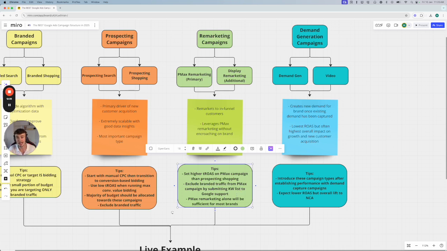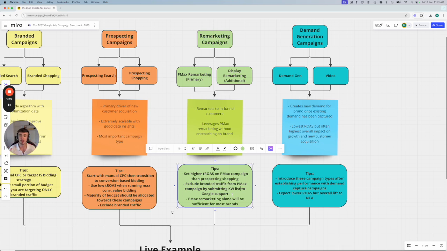All you have to do is create a negative keyword list. So you go into your tools, shared assets on the Google Ads dashboard, and create a negative keyword list. And once you have that list of negative keywords, you want to go to a Google form, which I'll try and link below in the description for you. It's a form where you can reach out to Google and ask for them to apply a negative keyword list to your PMAX campaign. You apply that branded negative keyword list to your PMAX campaign,